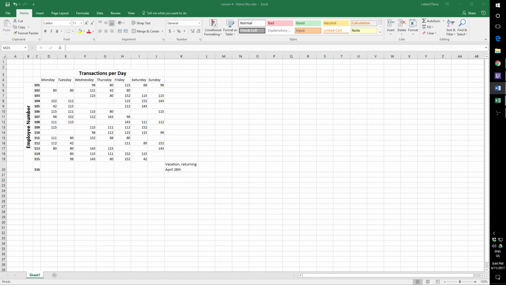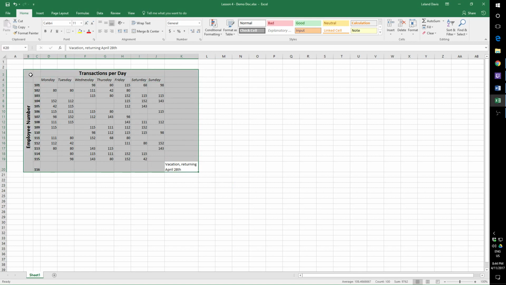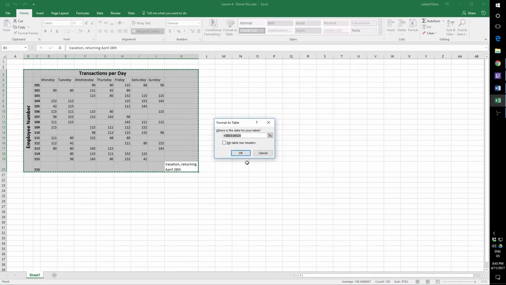All right, what's next? Borders. One of the things you probably noticed when we were working in Excel previously was that we created a format. We highlighted our whole table, or our whole group of data, and we said format as table. Now, if we go ahead and do that,